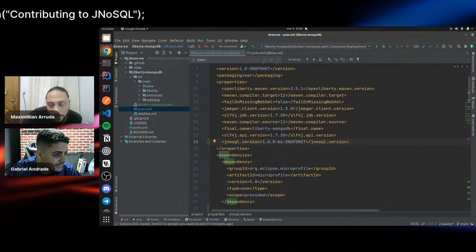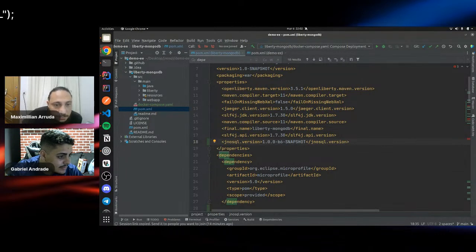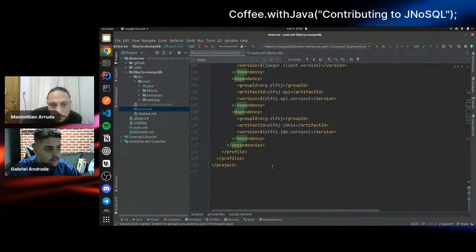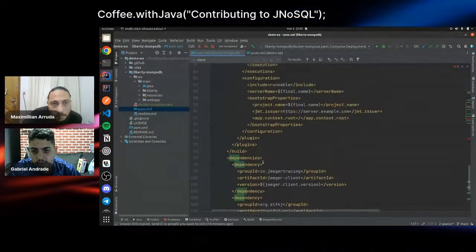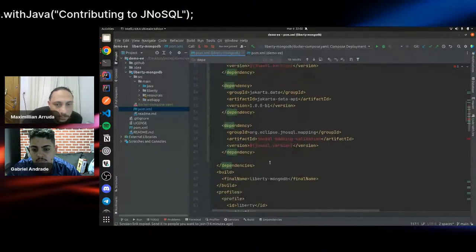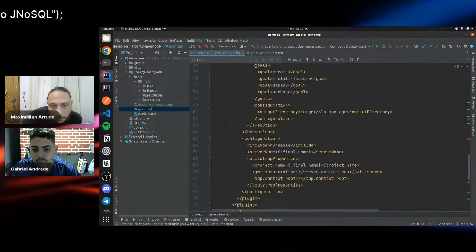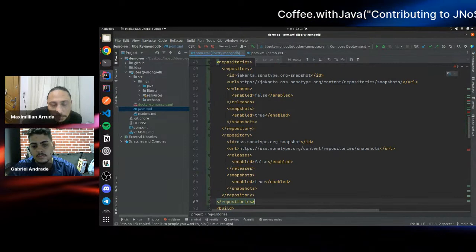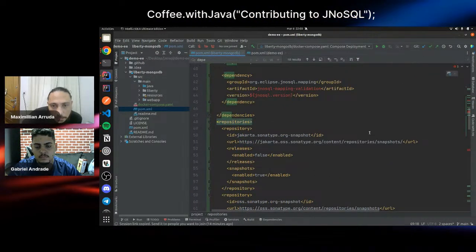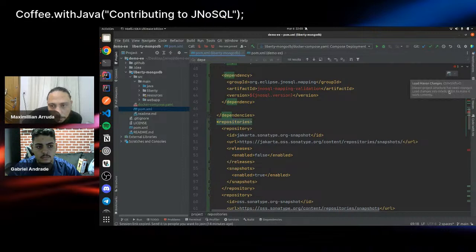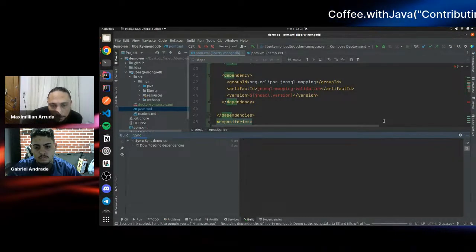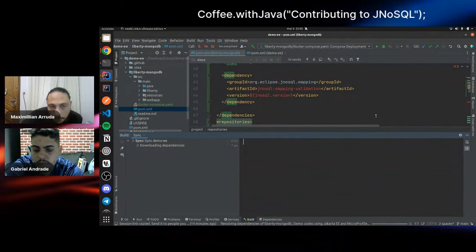Copy this and paste it as the last node inside your pom, after the dependencies. Then update the repository. Probably everything will be working. Could you see everything downloading?